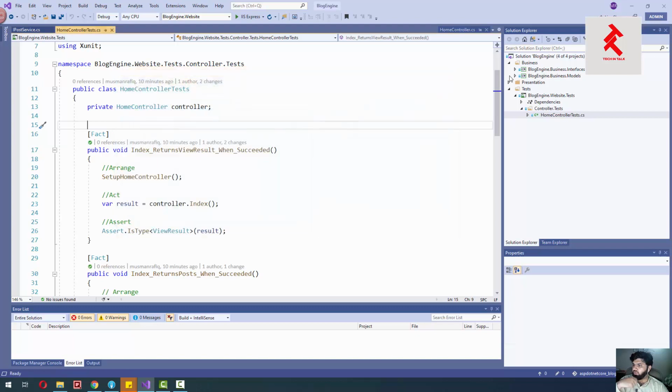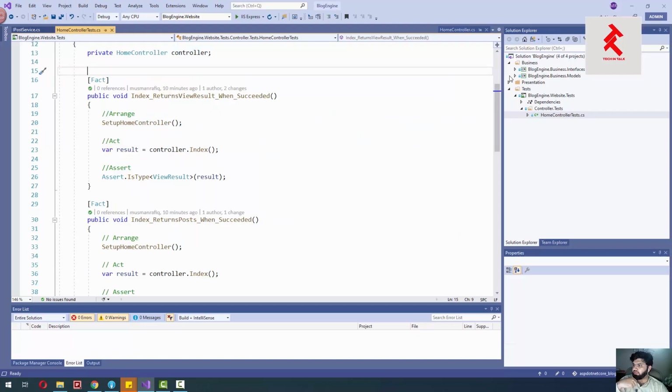So this is how we are going to implement the blog engine. We will write the tests and make them pass, and as soon as we finish the blog engine project, we will have the whole set of tests available. No need to manually verify the implementation. We can run these tests manually, or we can pass them to our build pipeline so they run automatically and we get a report of these tests by email.